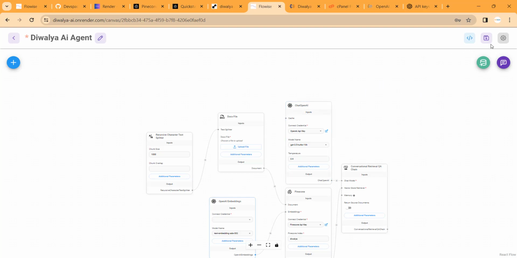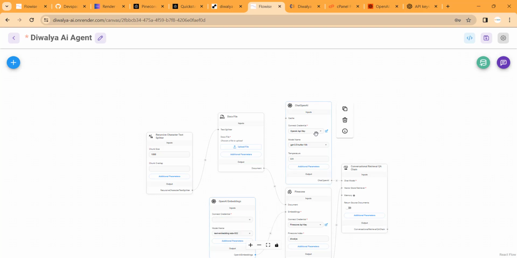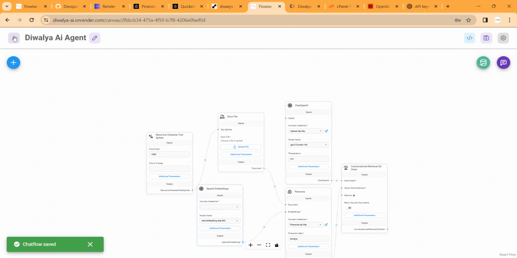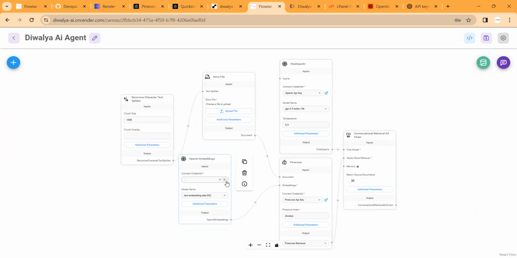It's not yet saved. Let me see. I think so. When you see this little asterisk, it means it's not saved yet. So let's, okay, it's saying I should create a new key. Interesting. All right, but I already have it here. I'm wondering why it's asking for a new key as well. Okay, that's no problem. Let me save it, go back, come back in. Yes, so over here